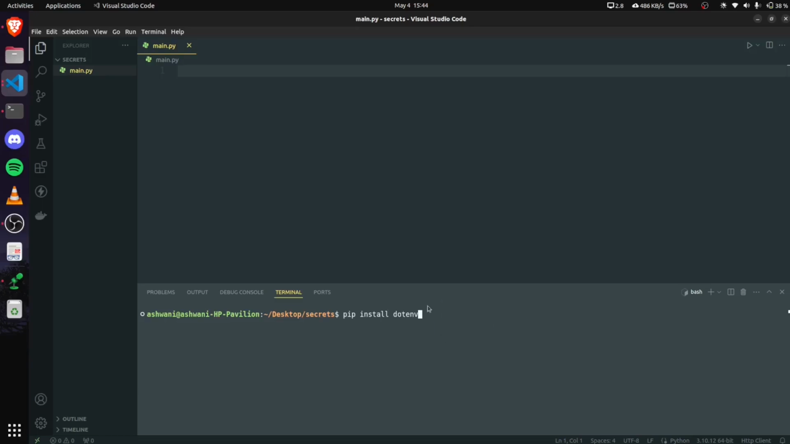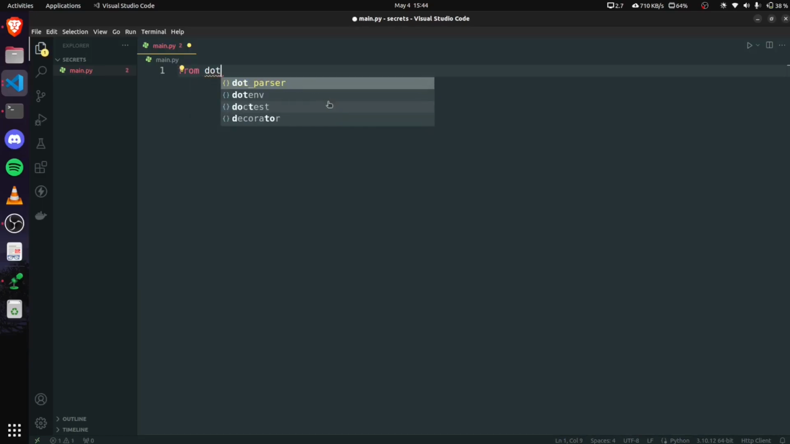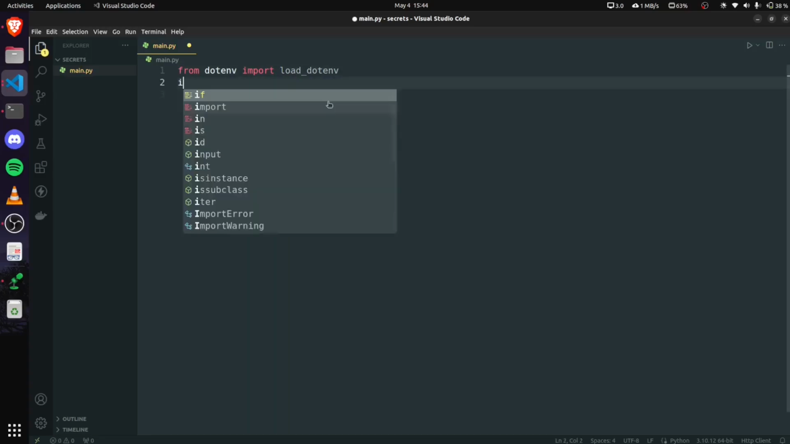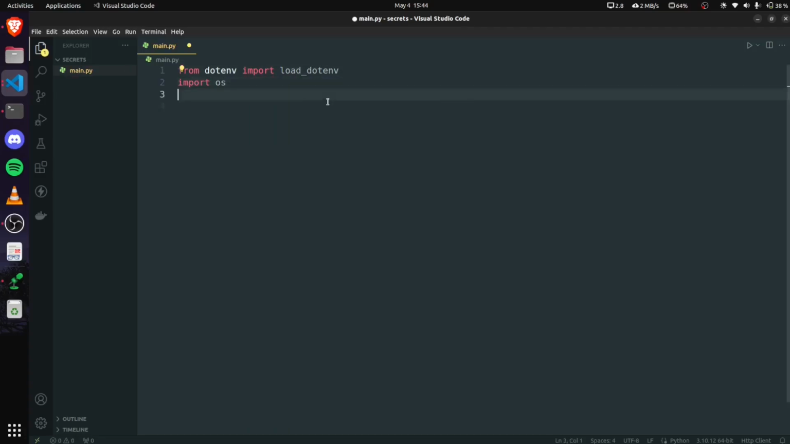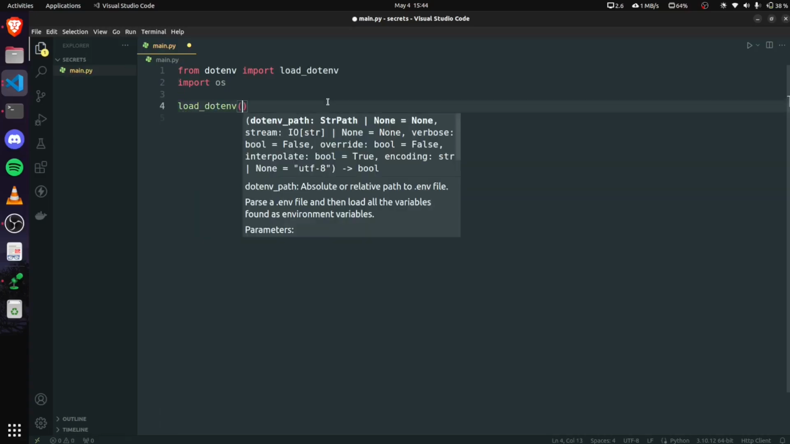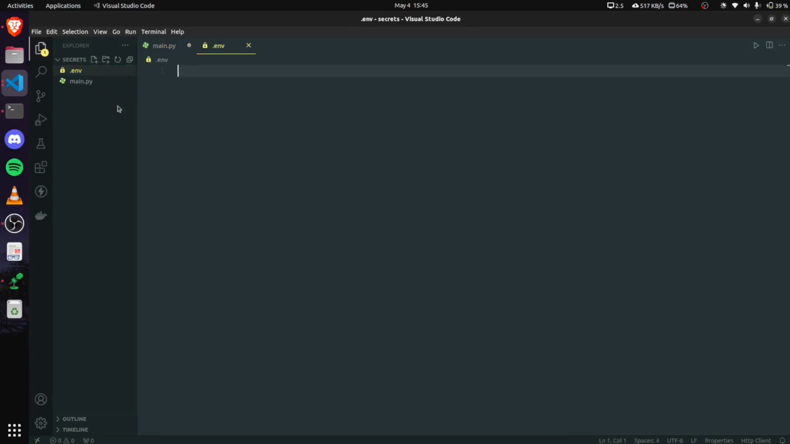python-dotenv and hit enter. Then we need to import from dotenv import load_dotenv, and we need to import os and then load_dotenv. Now you can access your secrets from the .env file, which we will create here in the same directory, and